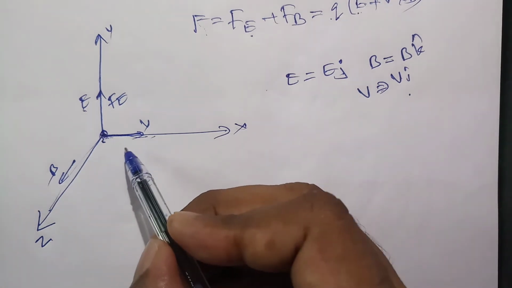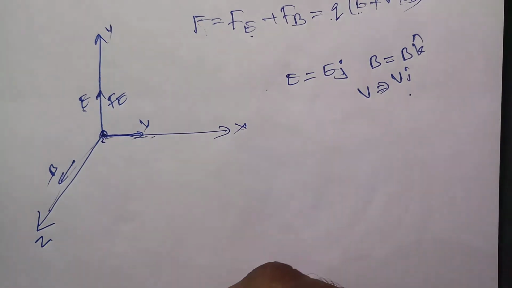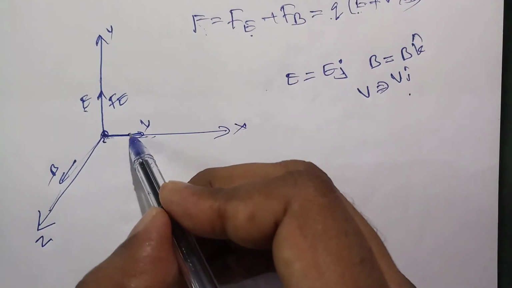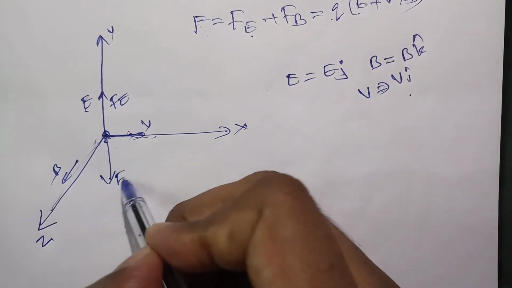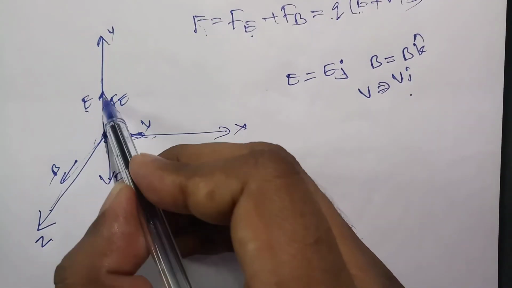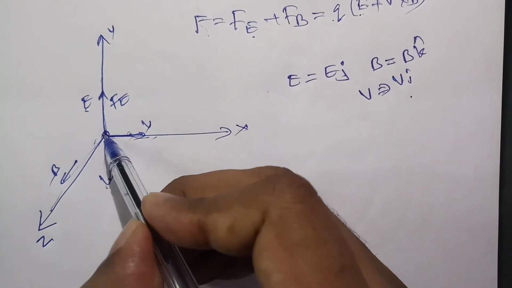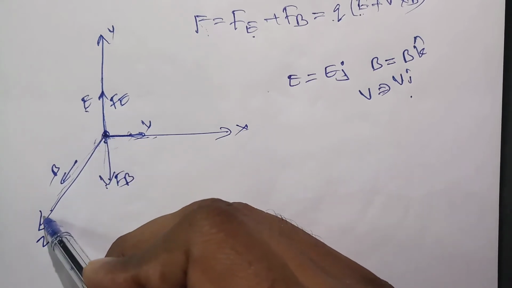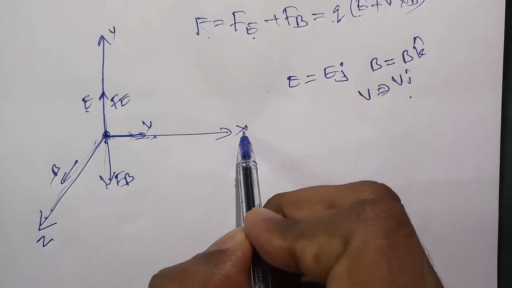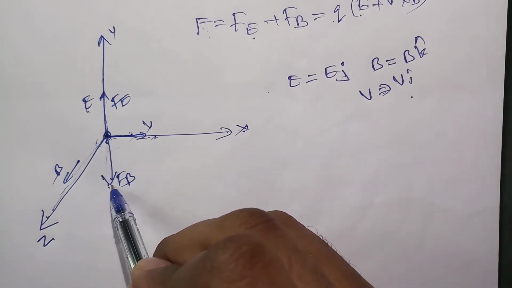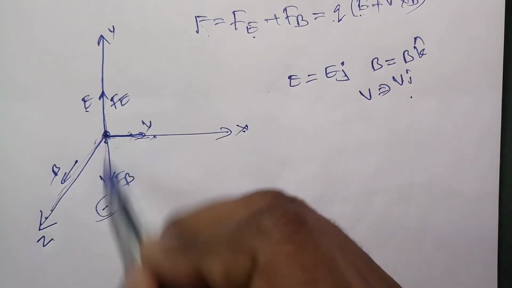So what will be the direction of our force? V cross B. If you take V cross B, you have to hold the hand like that, this V cross B like this. So you will get the force downward, FB will be downward. So the force due to the electric field is upward and the force due to the magnetic field is down. But you should remember the magnetic field is not down, the magnetic field is along the Z axis, and the velocity is along our X axis, and the force due to the magnetic field will be along the minus Y axis. If you use the right hand rule, you will get it.